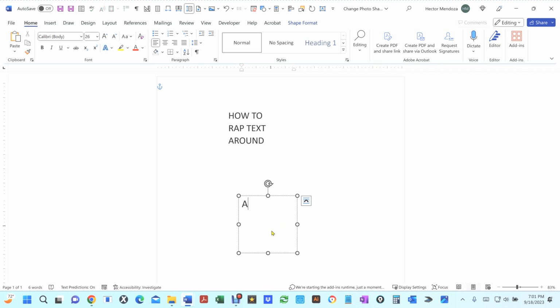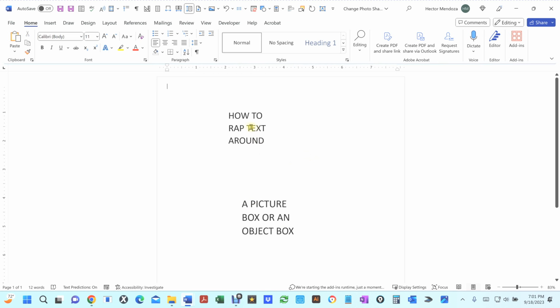a picture box or an object. It doesn't matter what to put in there. I'm just showing you how to do this. Okay, so on this first one,